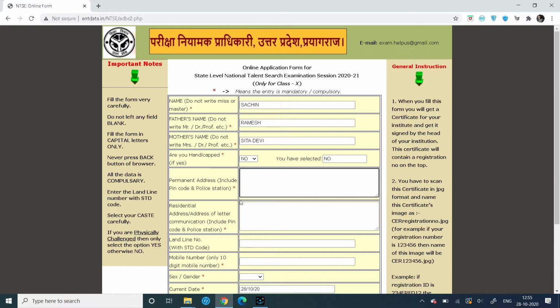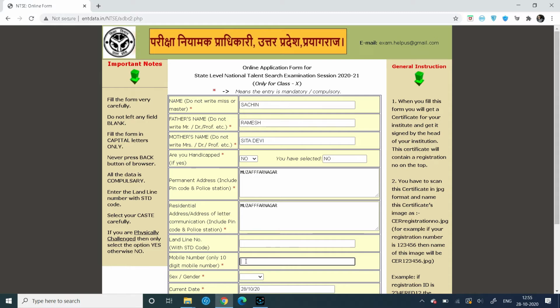In this box you will fill your address. Then residential address. Then you will fill your mobile number.